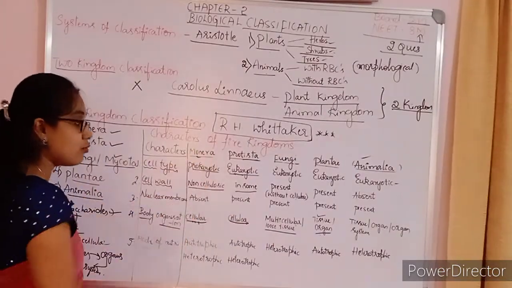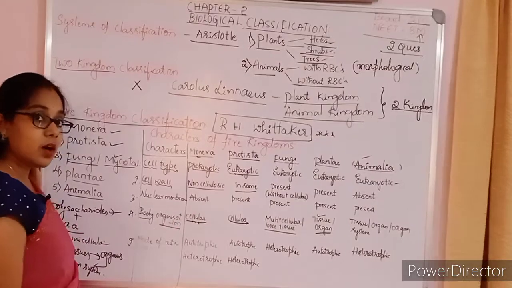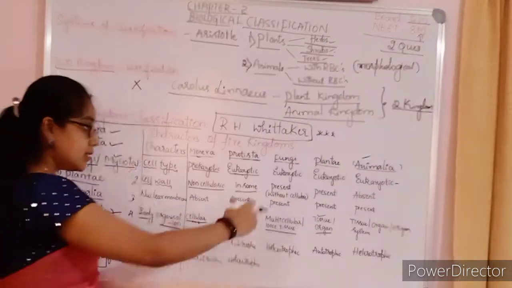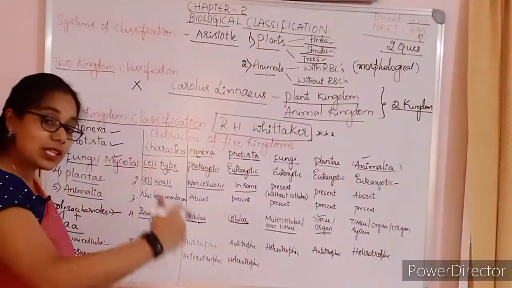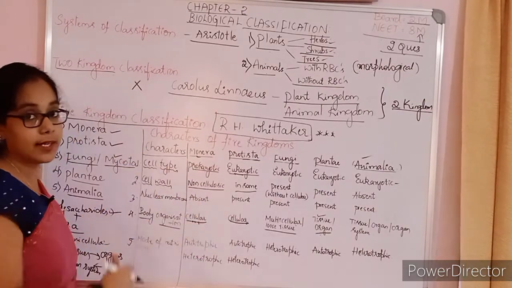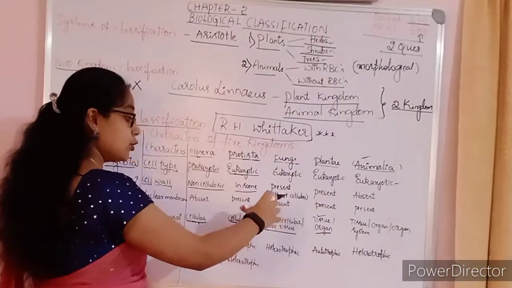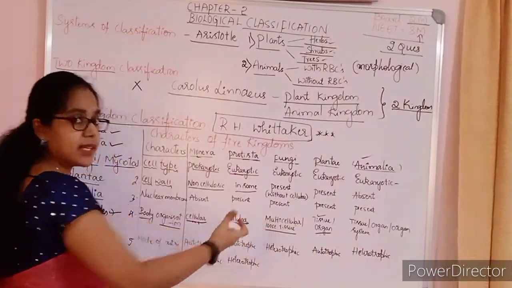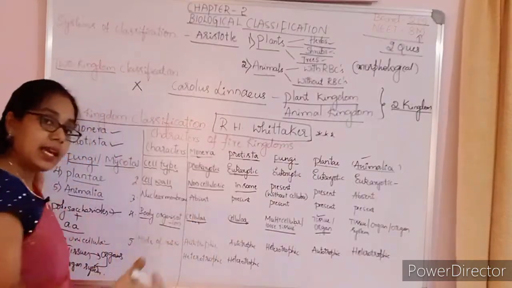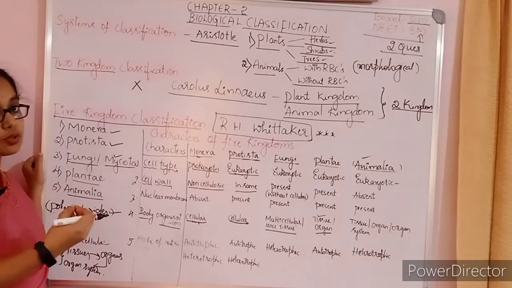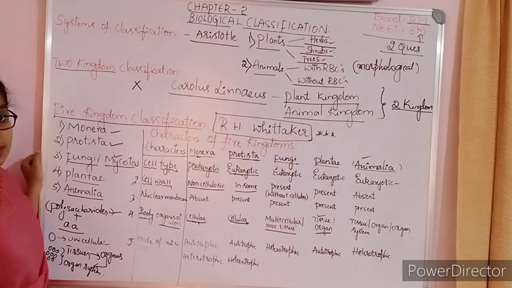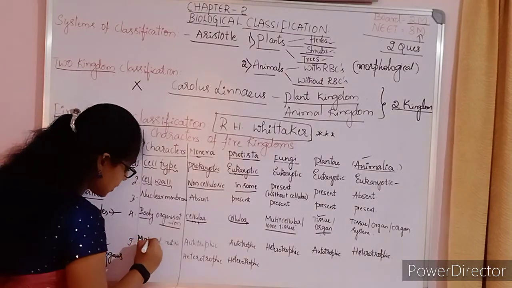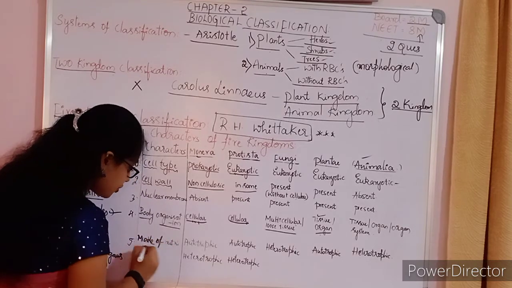The body organization of Monera: they are unicellular. It is showing just a cellular level of organization. Even Protista is unicellular. Then complexity arises, that means organisms are getting evolved. So for that reason, what happens? Group of cells, that means organisms become multicellular. If they are multicellular, they can form tissues. Later on, again when evolution arises, tissues can form organs, and organs can form organ systems. Clear to you?